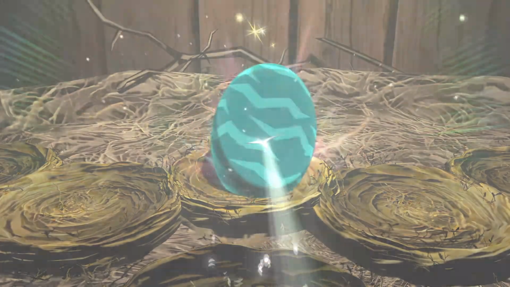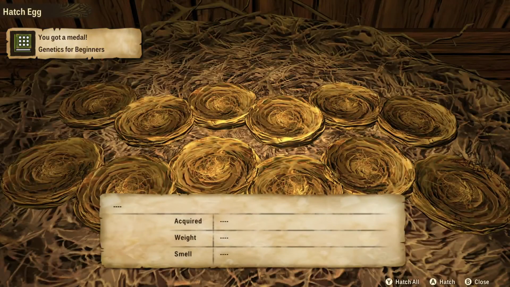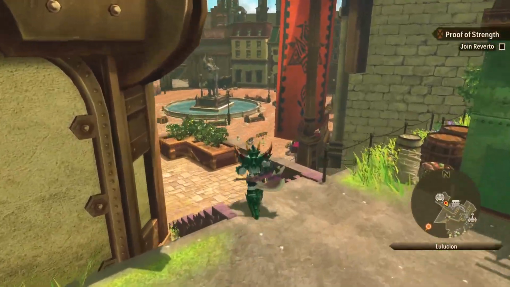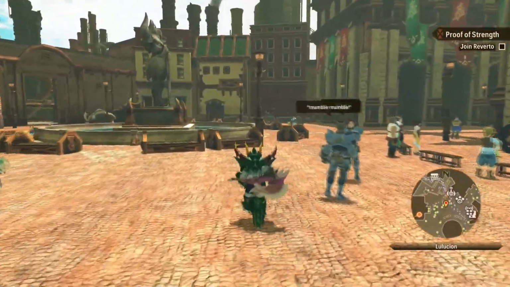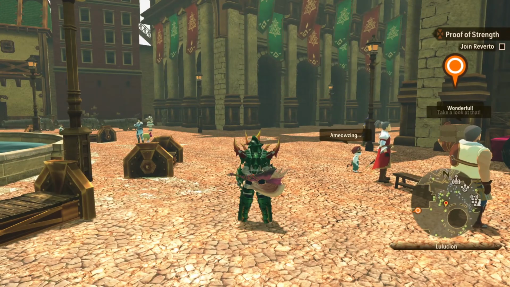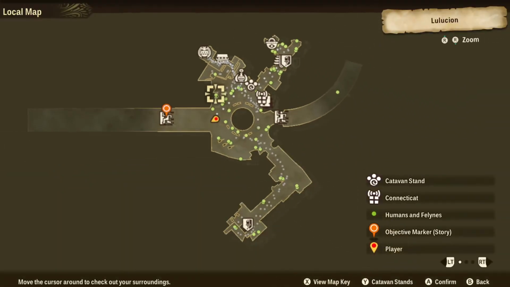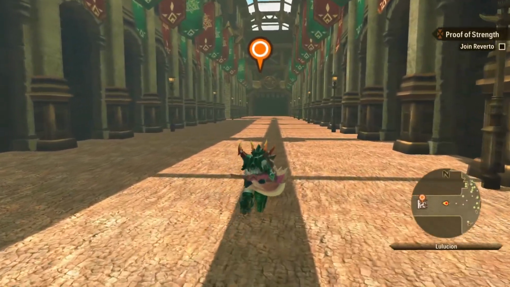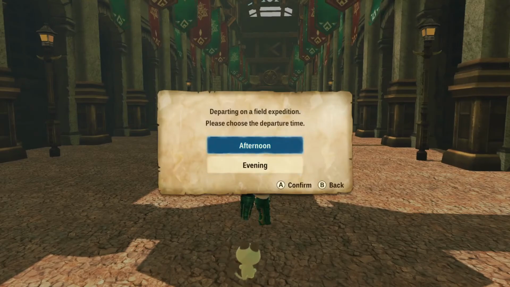Hatch Egg, Lavina Glacial Peaks. Oh yeah, this was my Jade Baroth. I forgot about you. Genetics for beginners. Okay, so that means I must have a certain amount of the genes. I'm getting worried about the post-game for this. I've heard a friend of mine has been playing this. I've specifically asked them to not talk too much about post-game for spoilers and stuff, but basically what they have told me is it's a lot of going around and hunting genes so far for them